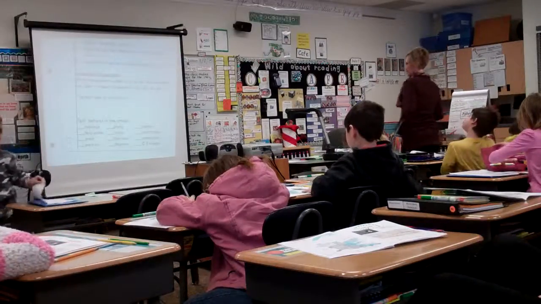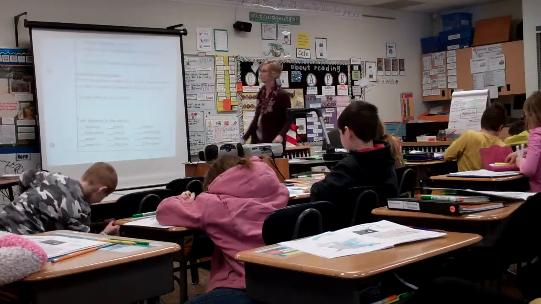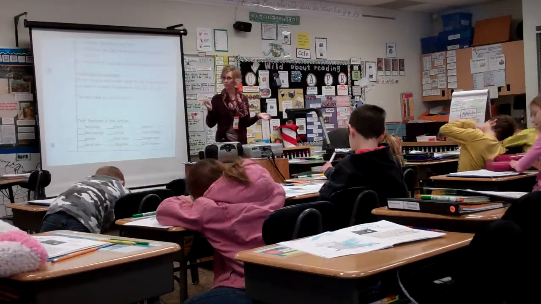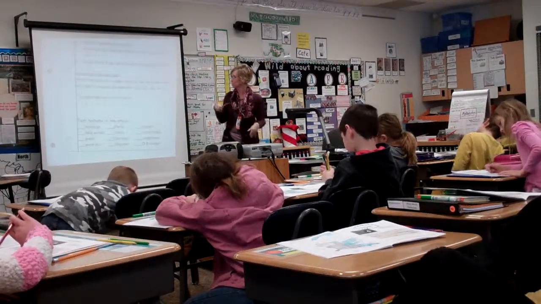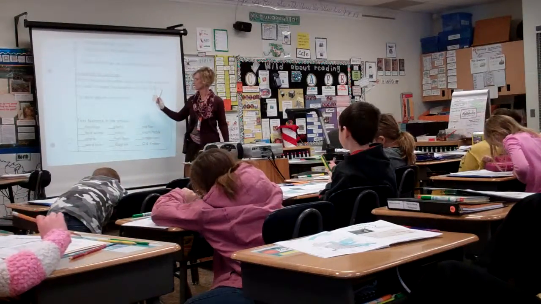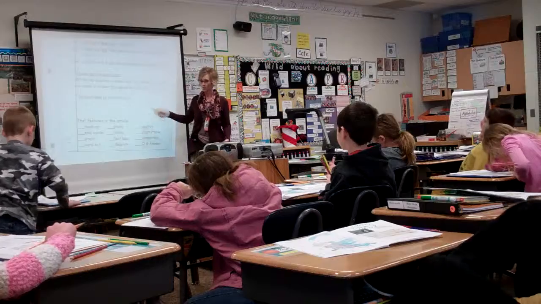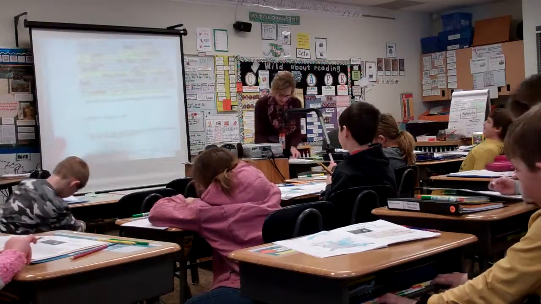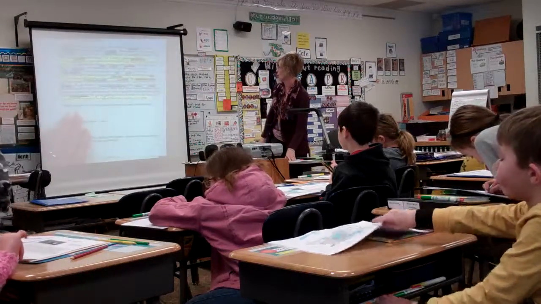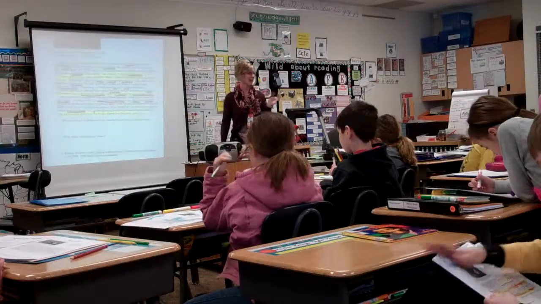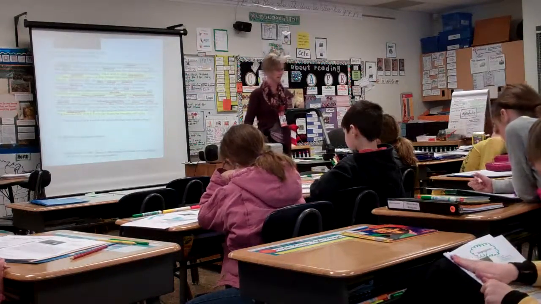What's our next thing to do, Haley? Answer the question. We have to answer the questions. We read those questions before we even started reading today. So as we reread the paragraph together, we're going to then see if we can answer question 1, question 2, and question 3. So as we read, let's see if we can answer question 1 and put a Q1 by where in our text we can cite the evidence to help us know that that's the answer.